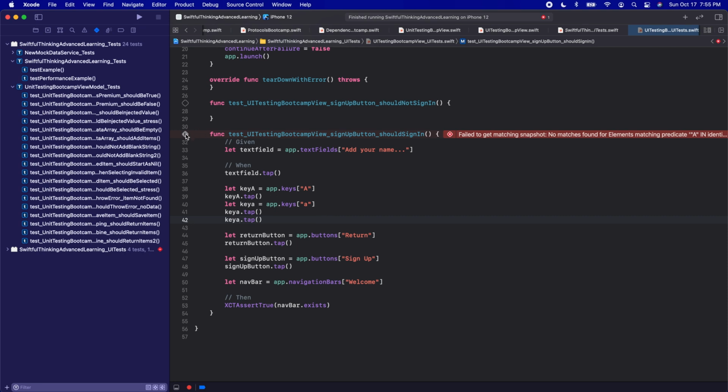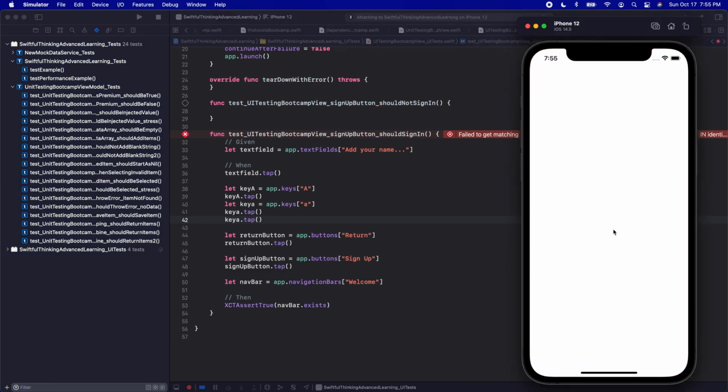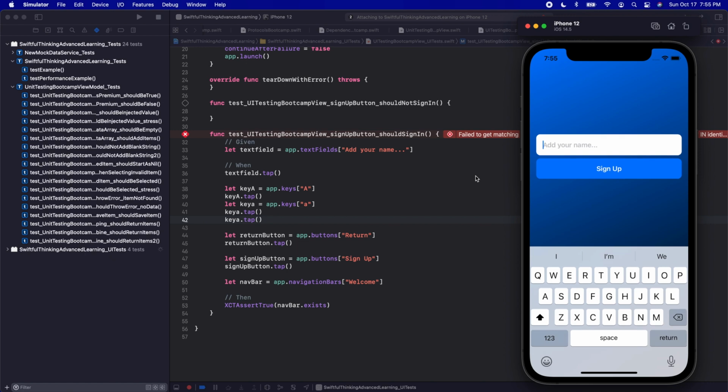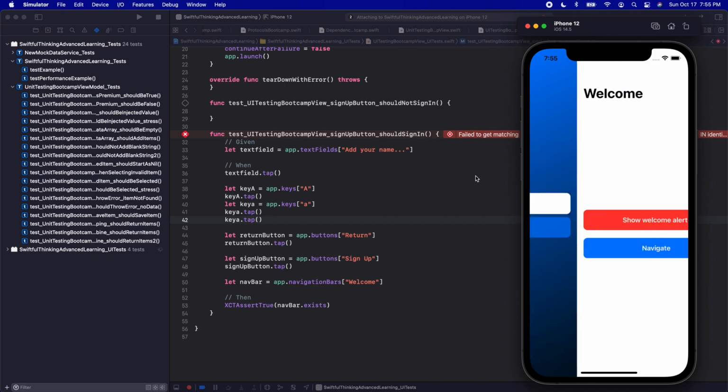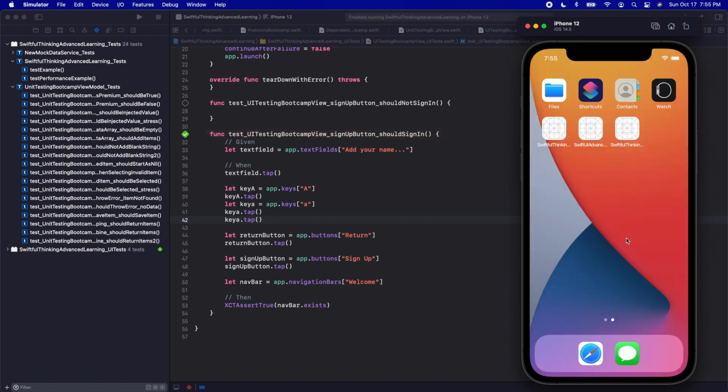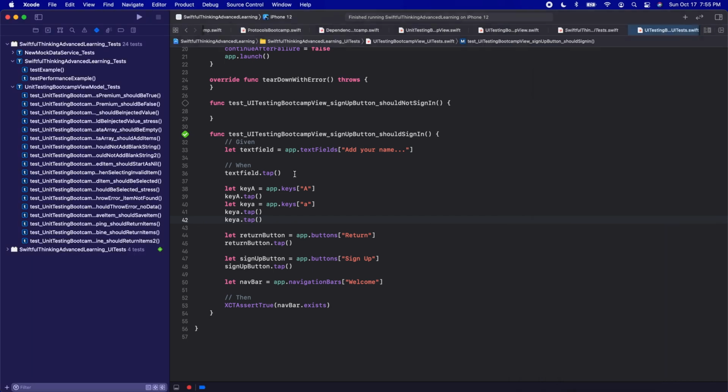Let's try to run this one more time. It's going to launch the app, click on the text field, type in AAA, click return, click sign up, and then finish the test. And we can see here now that we have a green check because we successfully passed the test. That means it typed in the text, it found this text field, tapped on it, found the letter